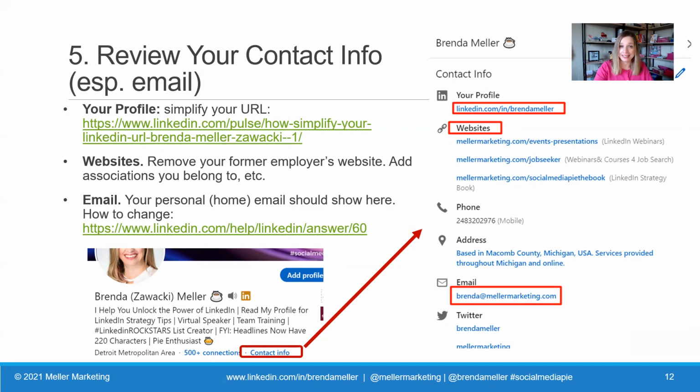Okay. Websites is the next section. If you don't have any, that's perfectly fine if you're unemployed and in career transition, but you could certainly add associations that you belong to. Maybe you're a member of a Troy Chamber or Inforum or Together Digital, another organization. You can certainly add that in there. It shows people how you're staying active while you're in career transition. But if you're not working, make sure that you take out your former employer's website. You're not working for them anymore. You're not getting a paycheck. You don't need to be giving them any marketing advertising activity, right? So take your former employer's website out of that website section.